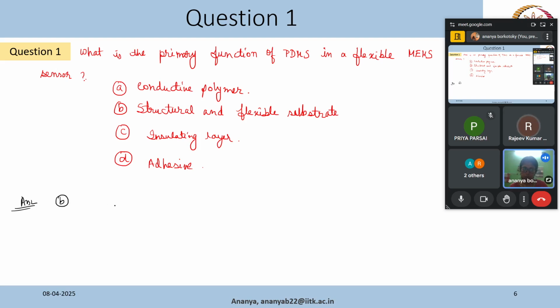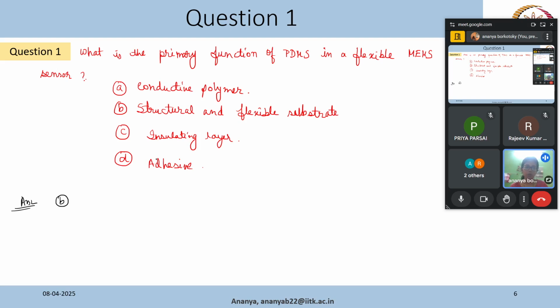So in this case, we are using PDMS as a flexible substrate. Now, we have already discussed PDMS molding earlier. Also, we can make channels using this material, and PDMS is mostly a transparent layer. So it is useful in that way also, and many times this is used in biosensors,